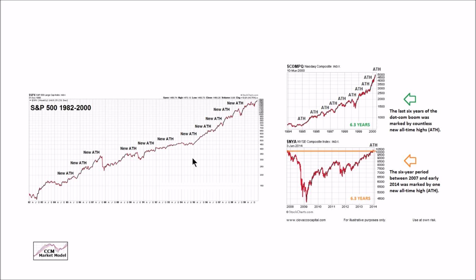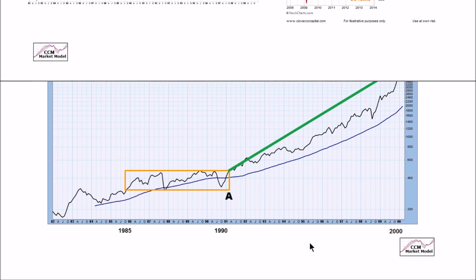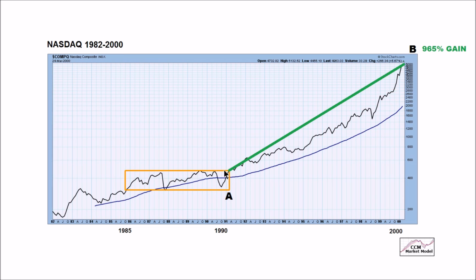Had you made that argument and not invested any of your capital, you would have missed one of the greatest bull runs in stock market history. As we've covered in these videos in the past, a new all-time high doesn't tell us anything at all about the market's risk-reward profile. We've already covered that the present day is somewhat similar to this period here,